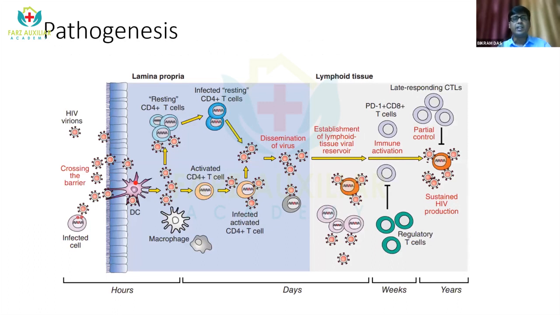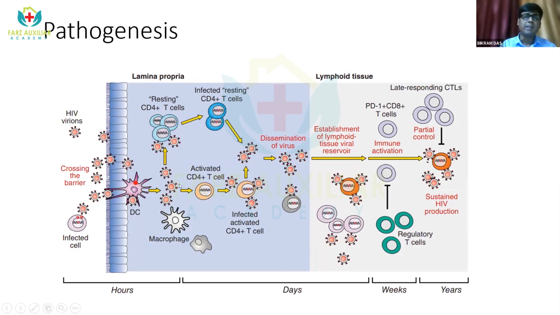A few words about pathogenesis. As you all know, our mucosa gives a good barrier of resistance against HIV infection, but the cells capturing the HIV virion are situated in the submucosa. So once it gets inside the mucosa through any type of breach, the Langerhans cells will take up this virion and then give it to CD4 cells.